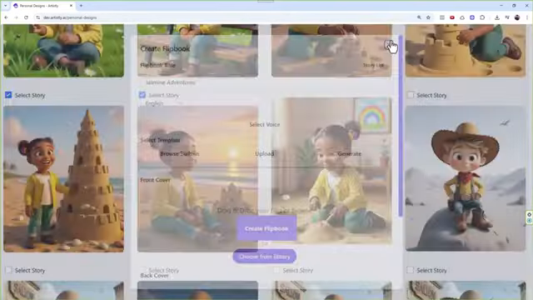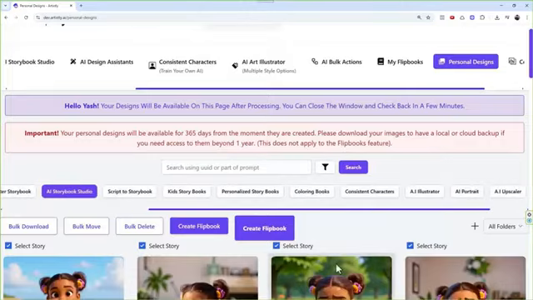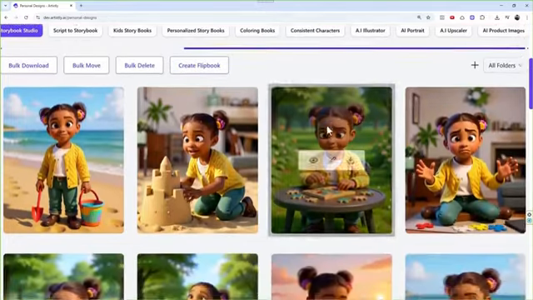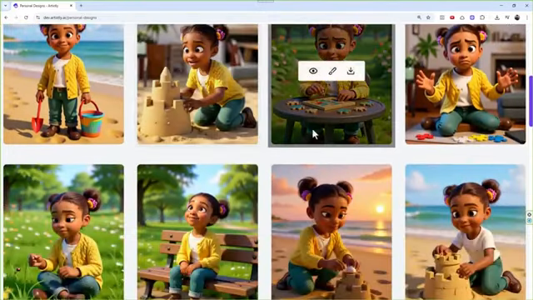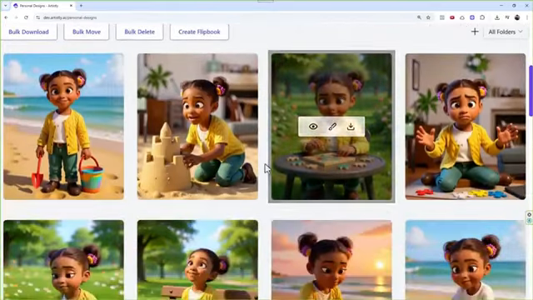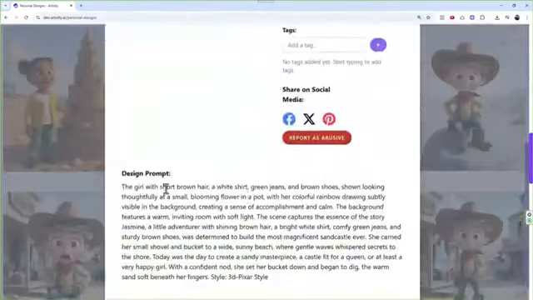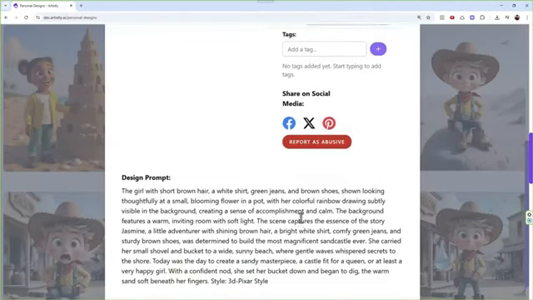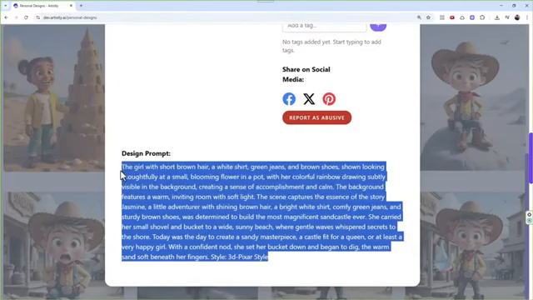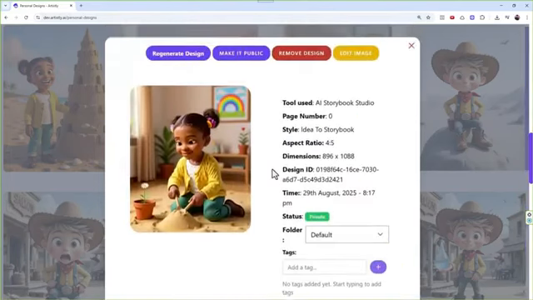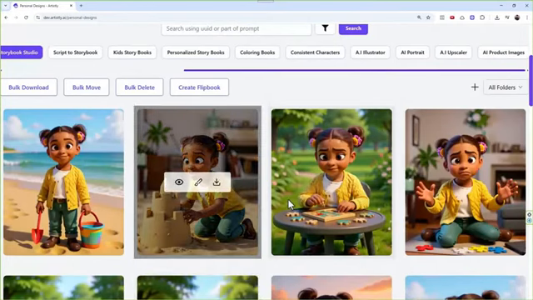Now, one thing I want to mention here, which is very, very important. You're not just limited to this. That's where I wanted to make sure. You now have the power, because you have the prompts, the girl with the short hair, everything. You now have the power to take these prompts, and if you want to create separate images,